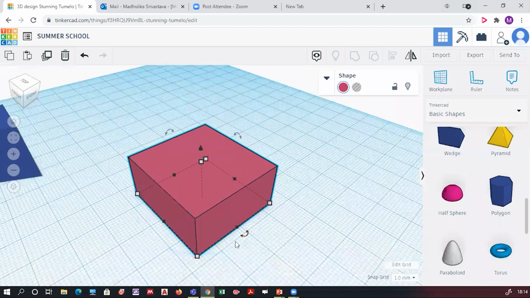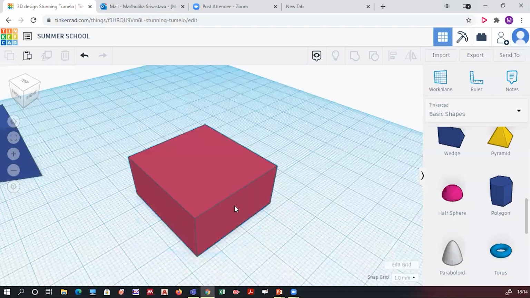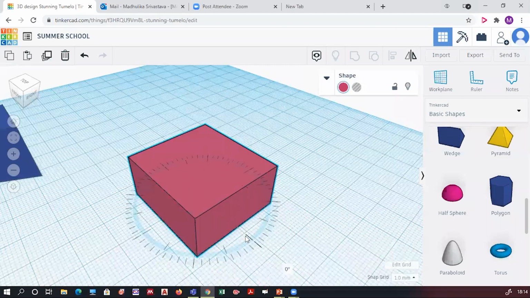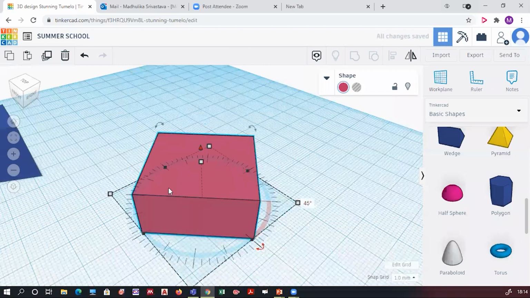On each side, you can see that option. This arrow represents the rotation. Click on the object, click on this arrow, and change the 0. Suppose I want to make it 45 degrees, so I write 45 and my object is rotated by 45 degrees on the work plane.